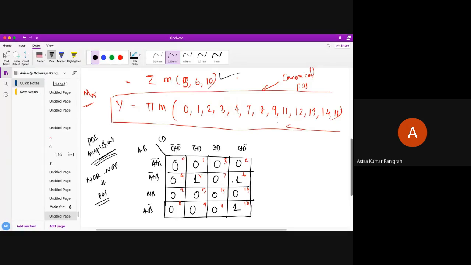Next, you can start simplifying POS. What do you have to simplify? You have to group the maxterms, and the groups should be adjacent maxterms with the maximum number of maxterms. We have already studied this in yesterday's class. So you need to check whether you can group all 16 maxterms. No. Now check all octets, can it be possible? No. Next you check quads, is it possible? Yes, some quads are there.